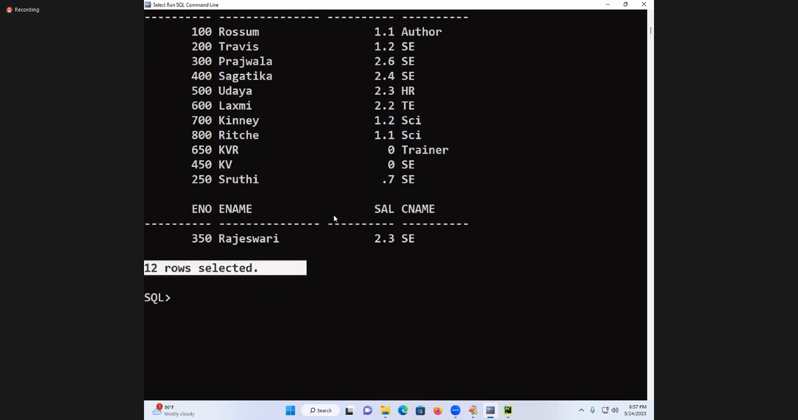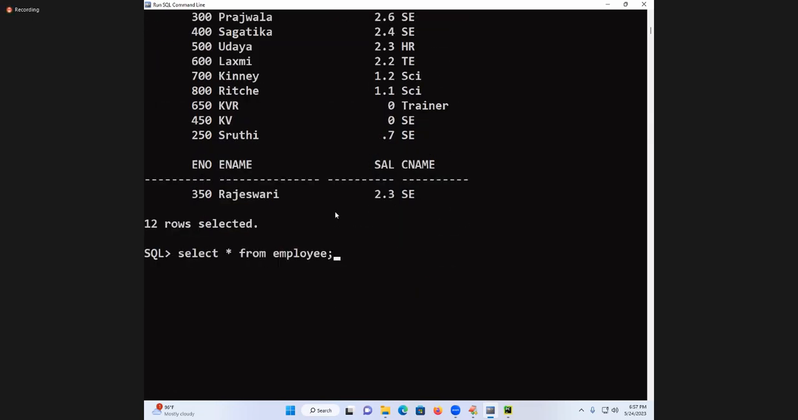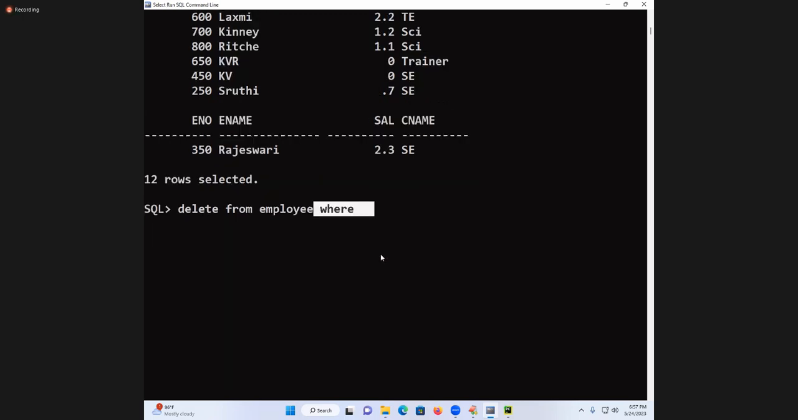Are you following me? So tell me now, how can I do this? Select star from employee. Delete from employee, all the records are removed. Today I'm going to say delete from employee where. What is that called? Condition. I am specifying the condition: where ENO is equal to